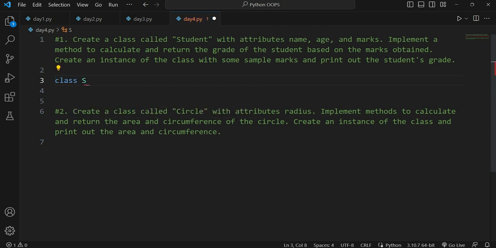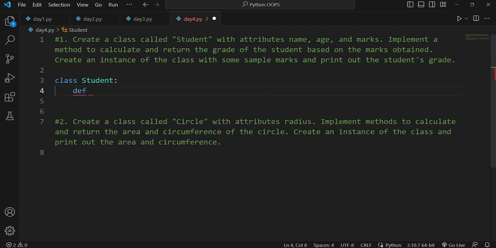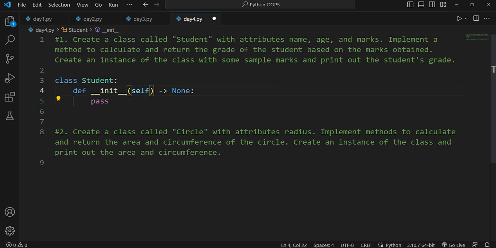So we have to name it class student. Now we have to take attributes, and I encourage you guys to just do it on your own before following my tutorial to solve these questions. So I encourage you all to solve it on your own. If you are not able to solve this question, you can follow my method to get a hint. Alright, so now we have to take attributes which are name, then age, and then